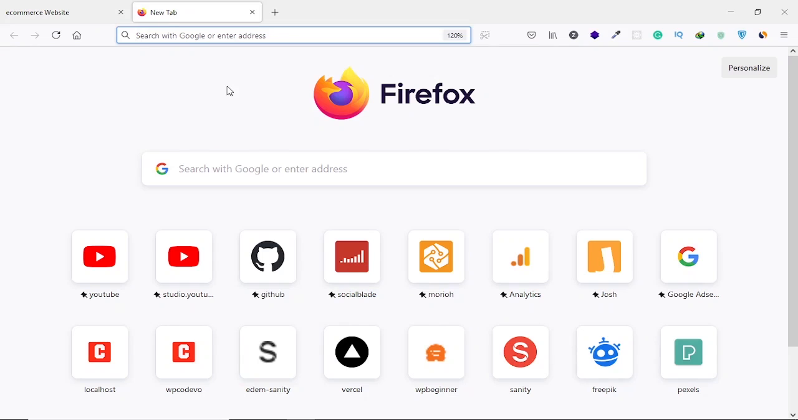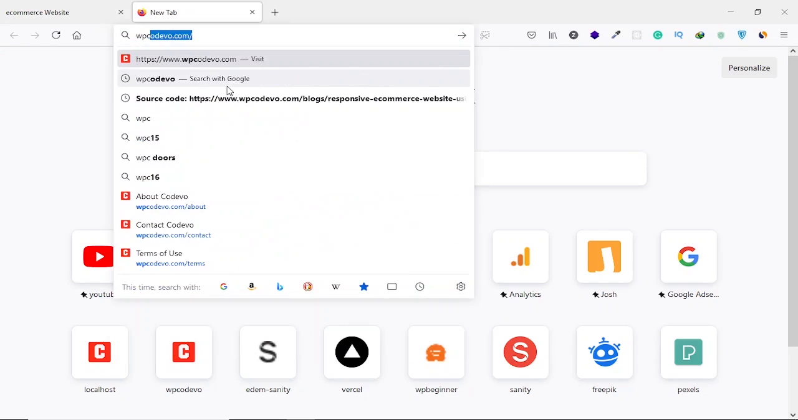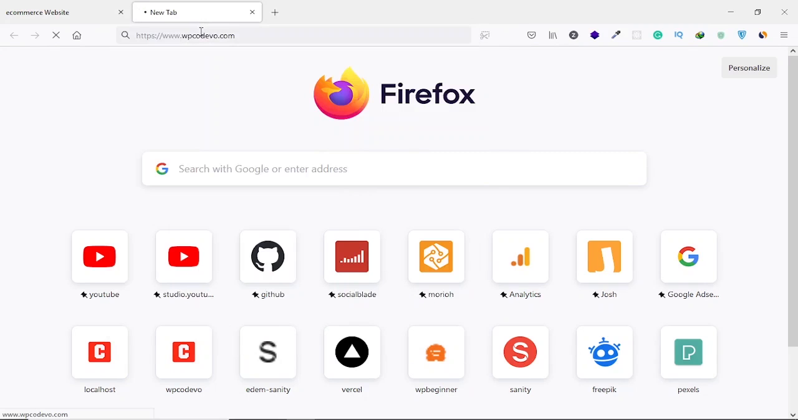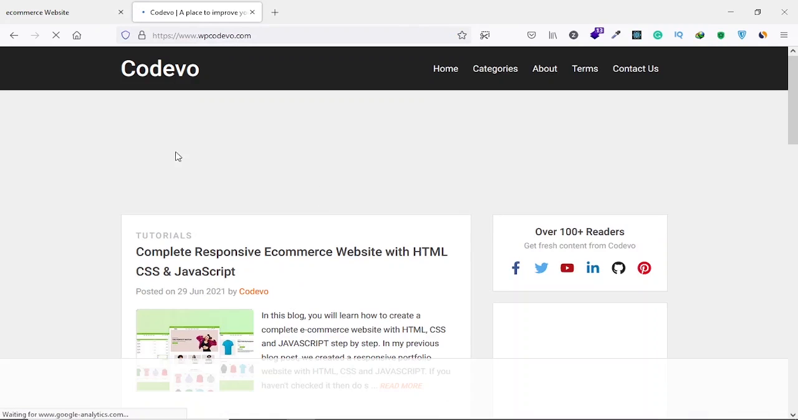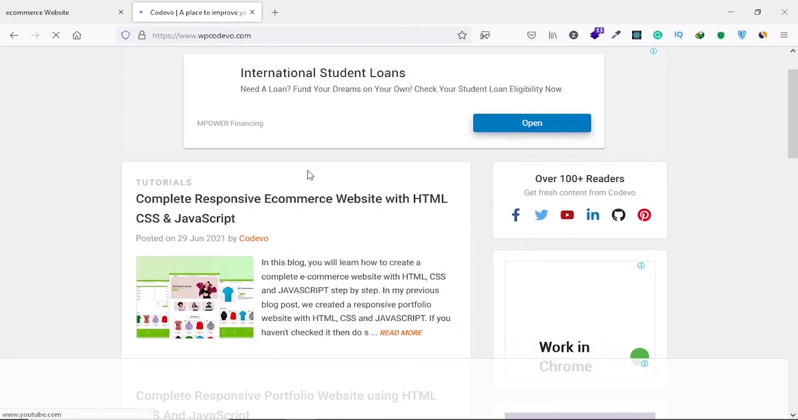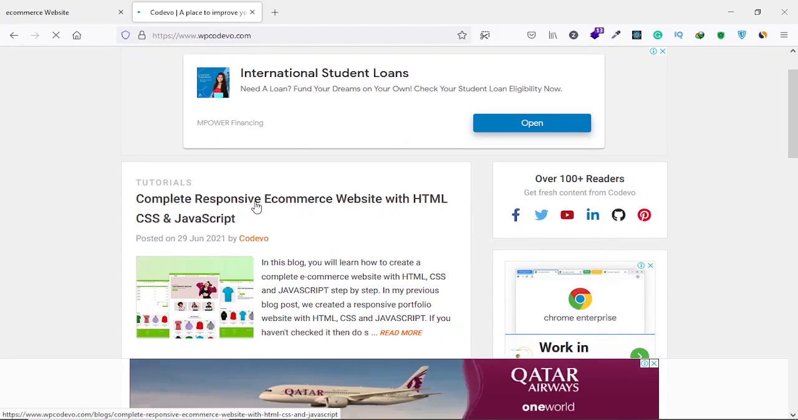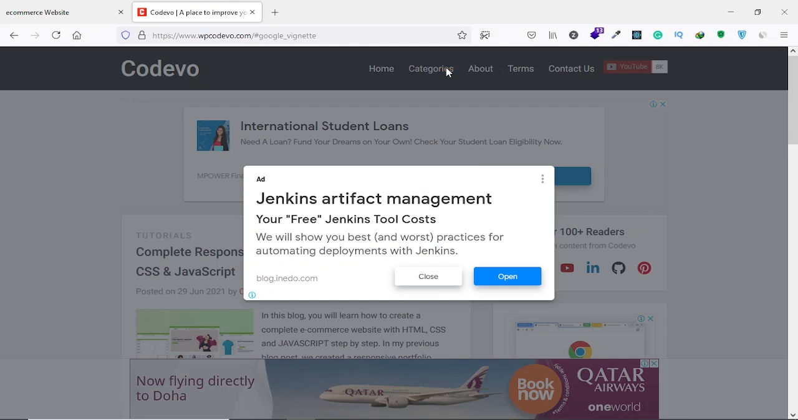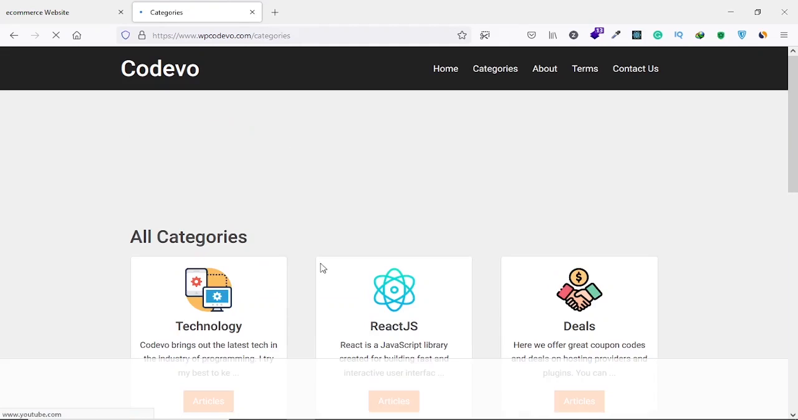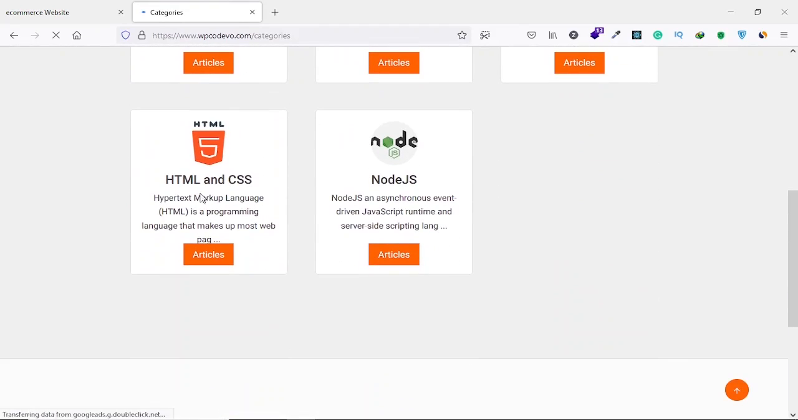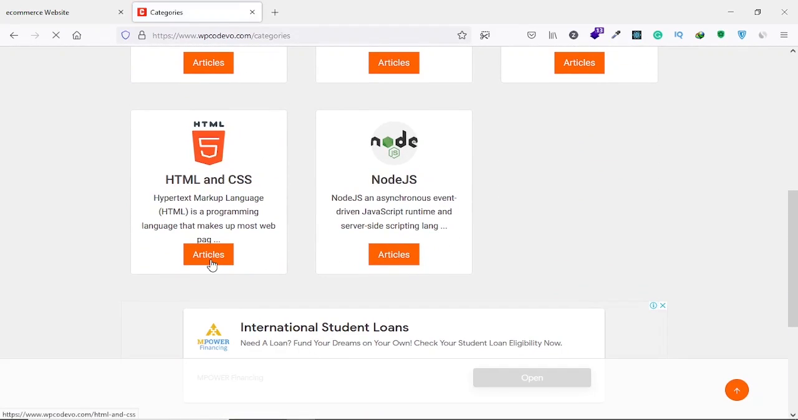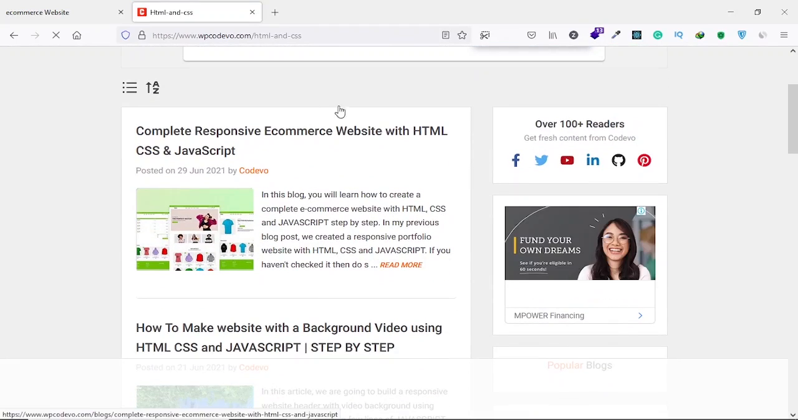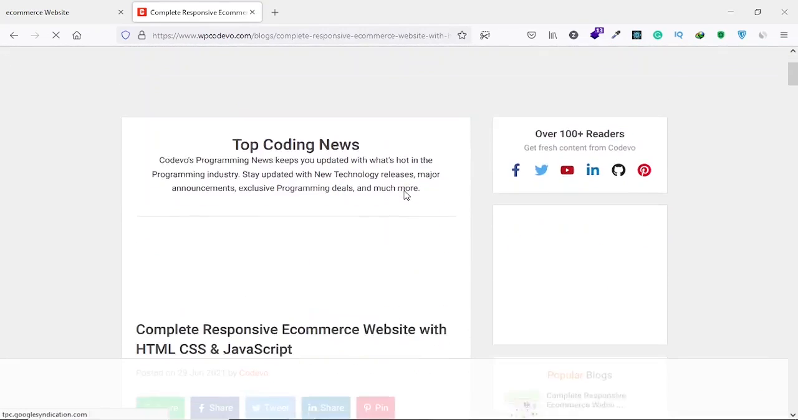Go to your browser and search for WP Codevo, which is my website, and press enter. And this is the e-commerce website I'm going to build in this tutorial. But in the future you might not see this post here. So go to categories and close this. And in categories, click on HTML and CSS to open this, and from here you can have access to the blog. So click on it, scroll down